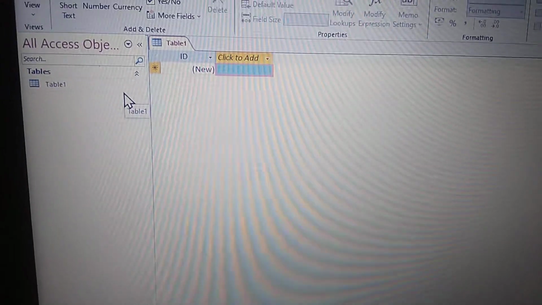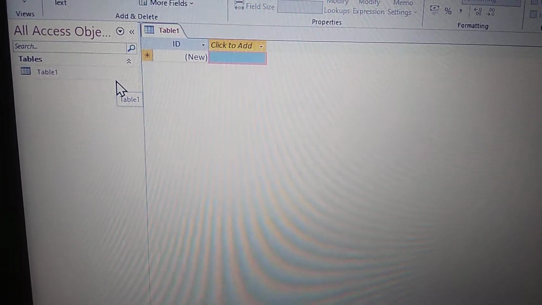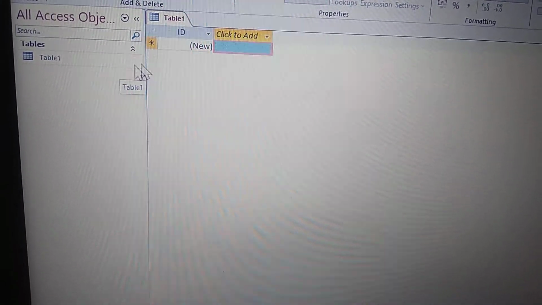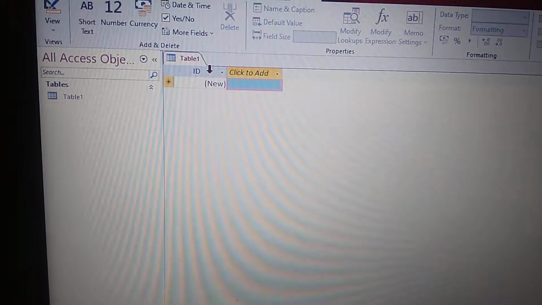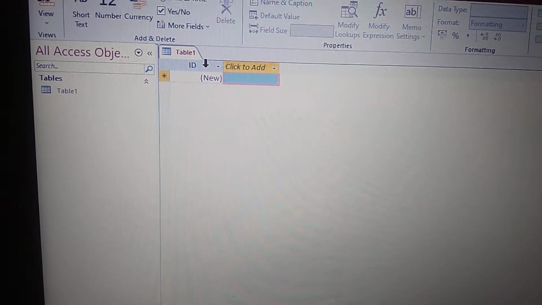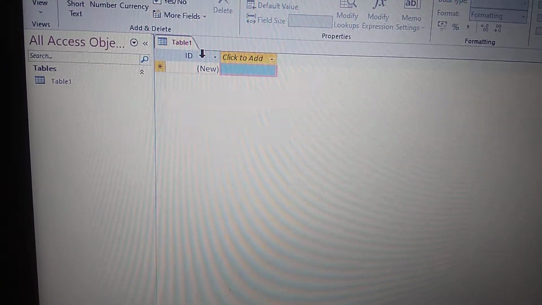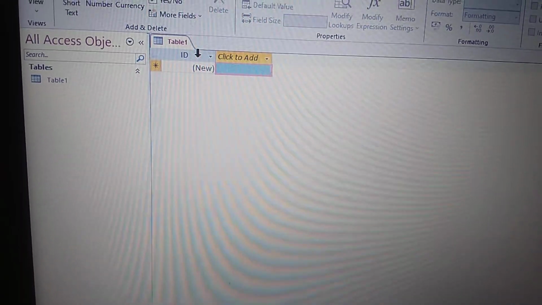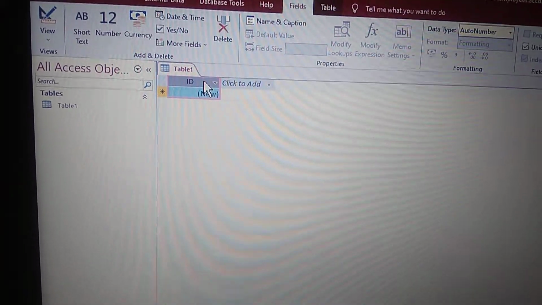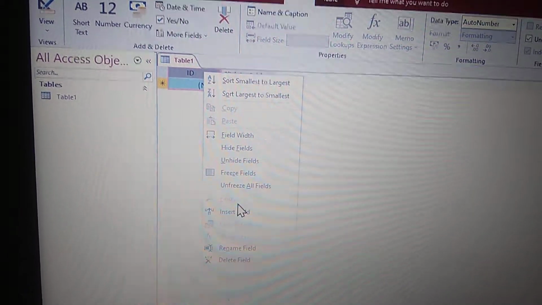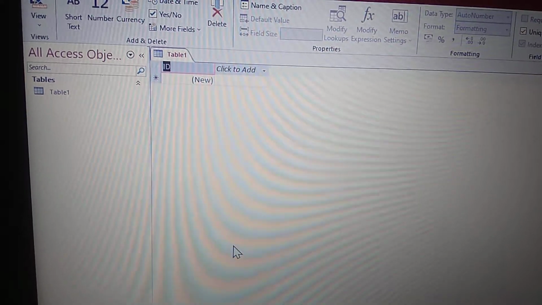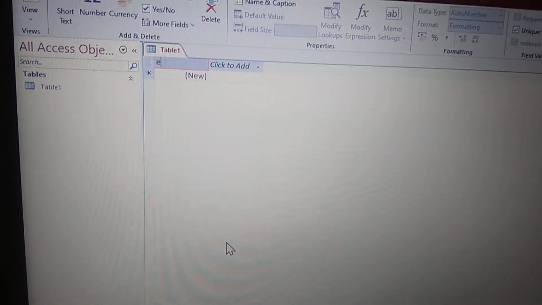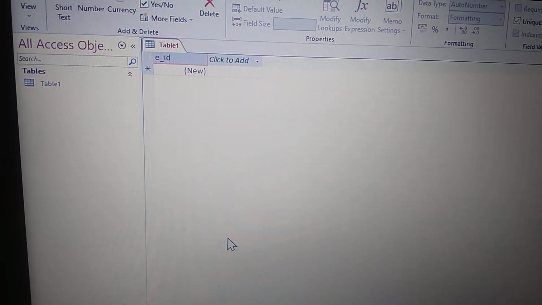Now the first table I am going to create is about the personal details of the employees. So for maintaining the personal details I am going to change the name of this column or this field. Columns are also called fields, I told you before during the explanation of the second chapter. So click the ID, right click here and select Rename Field to change the name. So in place of ID I took EID, meaning employee ID.